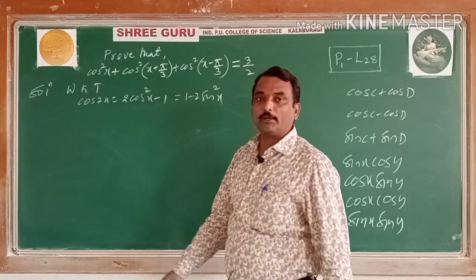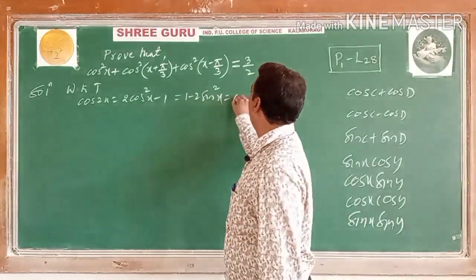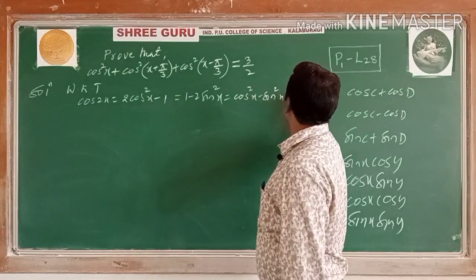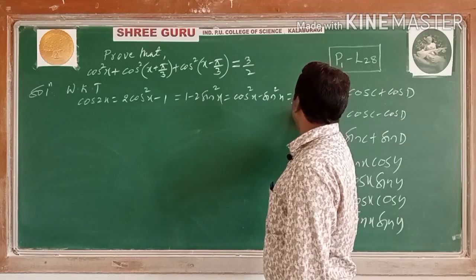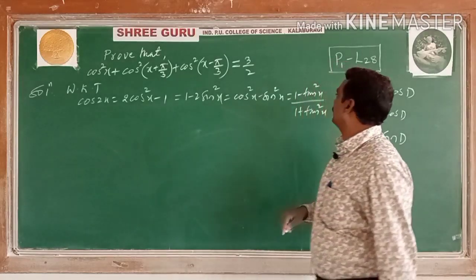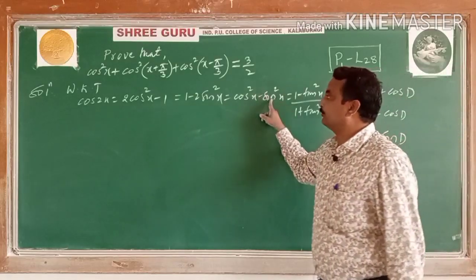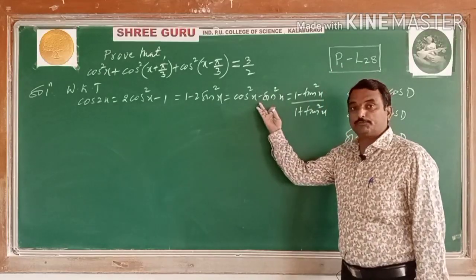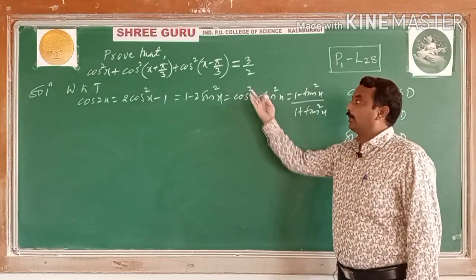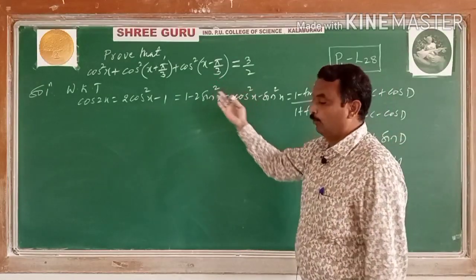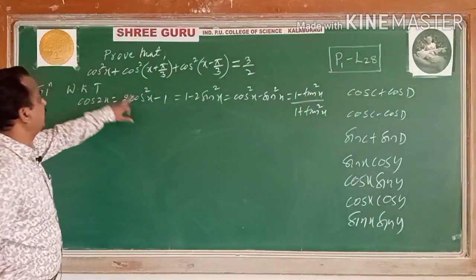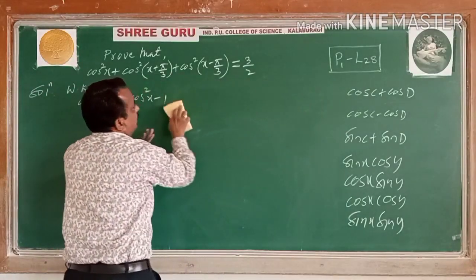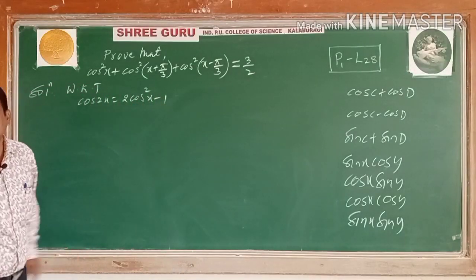You have four different types of formulas for this cos 2x: 1 minus tan square x by 1 plus tan square x, cos square x minus sin square x, 1 minus 2 sin square x, and 2 cos square x minus 1. While reducing or calculating, depending upon your need, you should take one out of these four formulas. So you need cos square x. Which one do you have to take? This one, in terms of the cos form. I will remove all the others to avoid confusion. Is it clear to all of you?